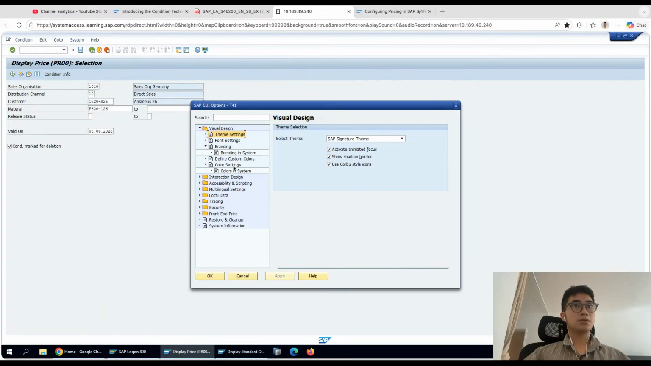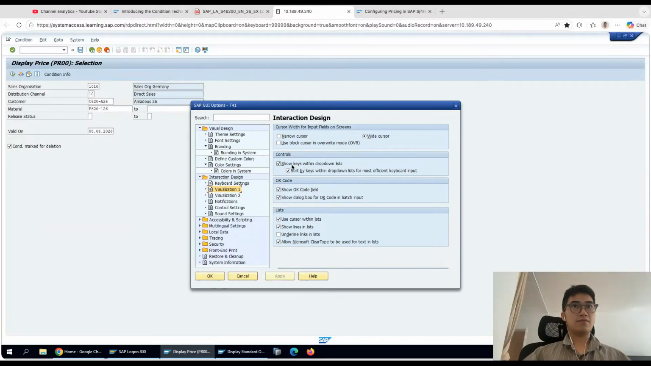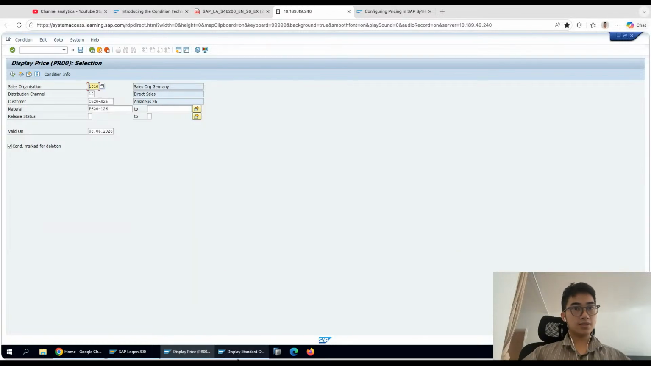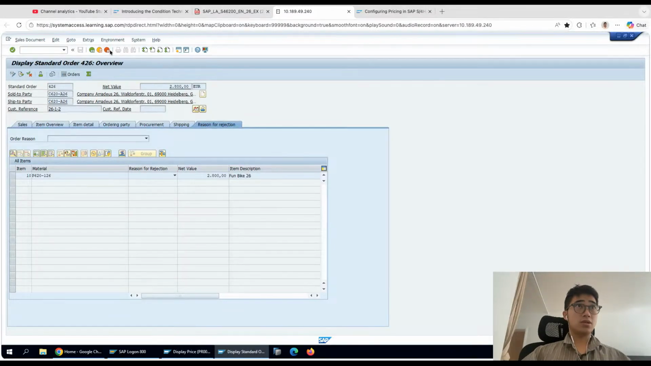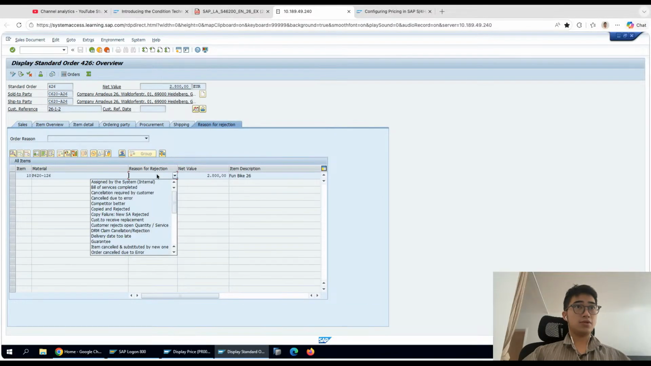If I go to options, interaction design, visualization one, they have already shown the keys within drop-down list and sort directly by the keys. If I don't select this and we go to the sales order again, you will see the difference. In the region for rejection, you don't have any keys as prefix for every region that we have here. They're all sorted alphabetically, and sometimes it's not really the good way to do it,